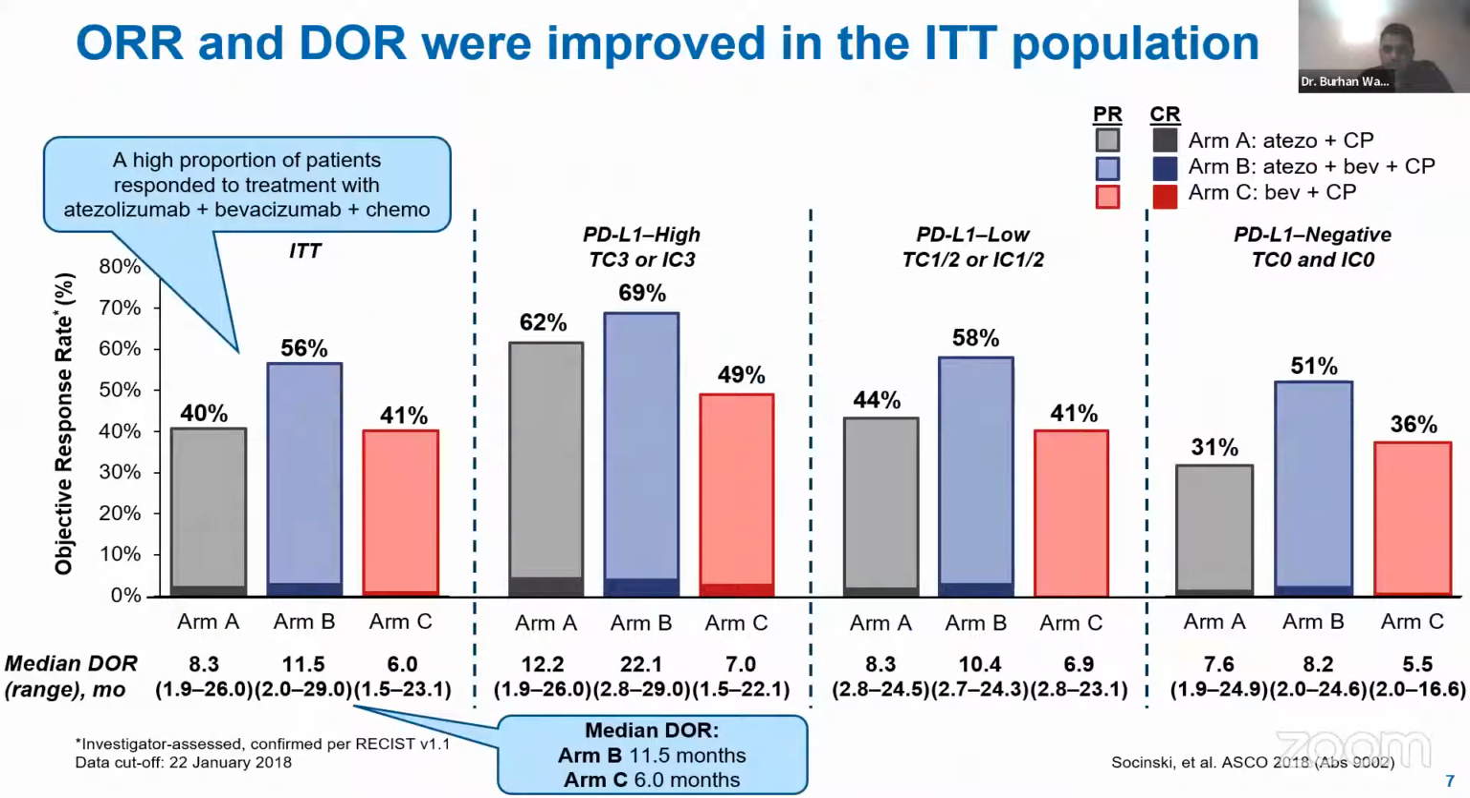Another thing was the overall responses and the duration of response. Here also, patients who were given the 4-drug combination achieved objective response rates of 56% versus 41% for the chemo plus anti-VEGF therapy arm. And the median duration of response was 11.5 months for the 4-drug regimen versus 6.0 for the